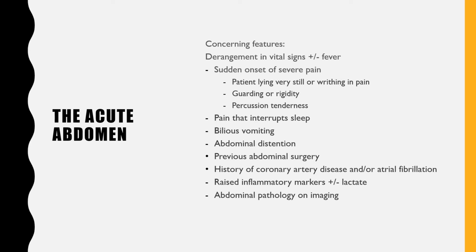In terms of associated symptoms like vomiting, bilious vomiting is always a serious sign that there's blockage in the bowel that's causing someone to then vomit contents back up the other way. Any abdominal distension, previous abdominal surgery, if they've had a significant history of previous surgeries that might make them more likely to have a bowel obstruction. Any history of coronary artery disease or atrial fibrillation, that might mean that it could be a more vascular cause of the abdominal pain. And then in terms of your investigations, obviously you're more concerned if you have things like